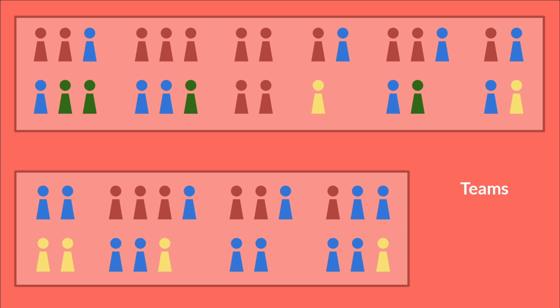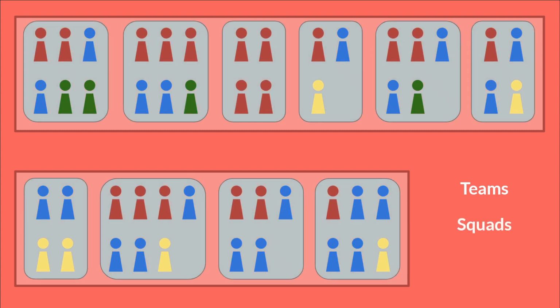Inside each of these teams, we have squads, which is what most people think of when they think of a team. I work on a team of 4 or 5 people or 6 people or 2 people or whatever. That's my team. But really, the team is going to be greater than that at most companies. And the squad is the one that's really focused on one specific thing.